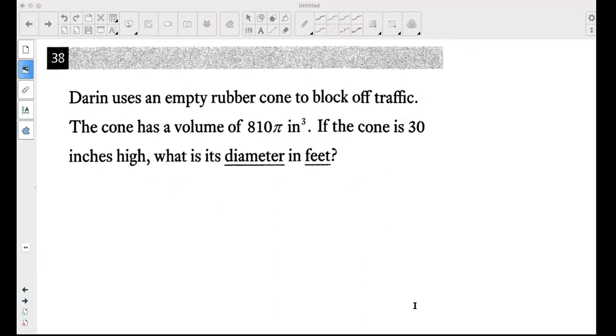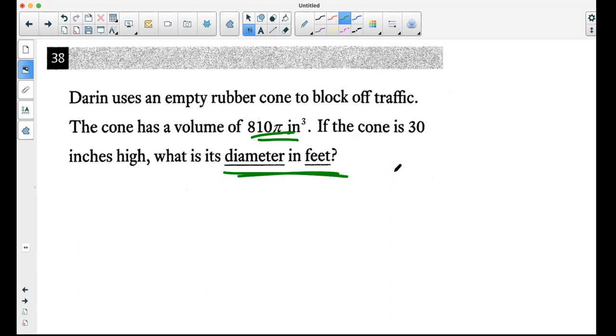All right, number 38. Darren uses an empty rubber cone to block a block of traffic. Okay, I guess a traffic cone, right? The cone has a volume of this much, and if the cone is 30 inches high, what is